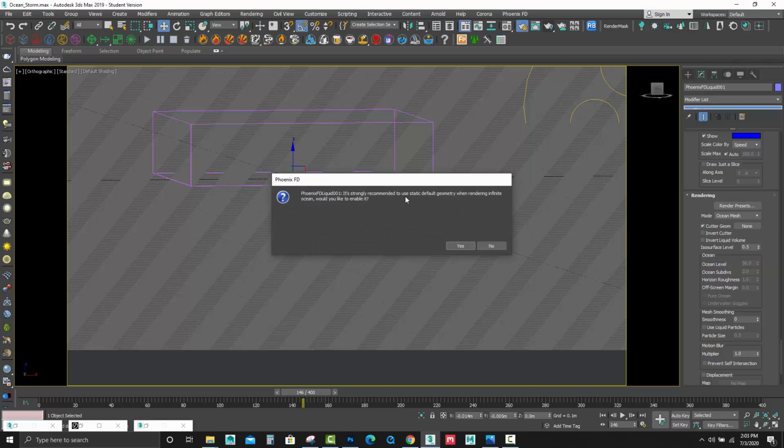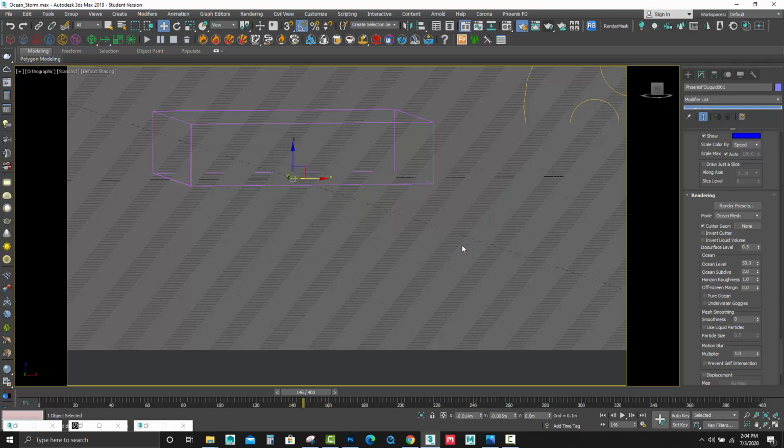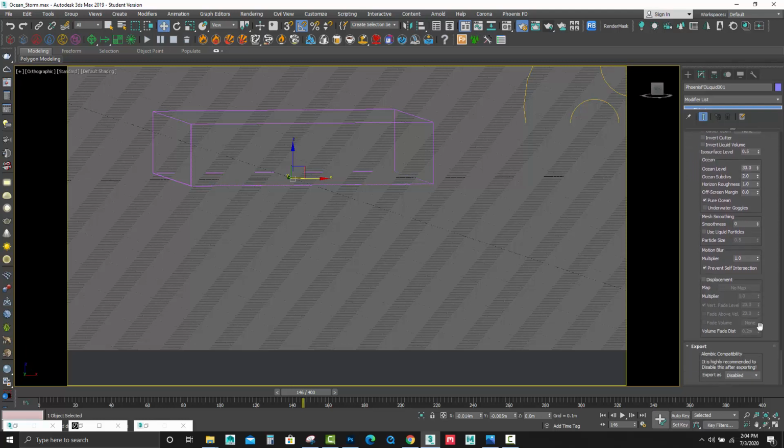So here, if we enable it, it says that it's better to use static geometry because it's going to save us time. So let's enable this, but you can also say no, and I think in this option the waves are going to really spread all the way around. It's going to eat up a lot of your resources. Okay, so let's do this ocean, and here in the level let's reduce it to 30, and that's about it, I think. Let's do pure ocean and prevent self-intersection. We don't want them to intersect with each other. And in the displacement here we're going to put ocean texture